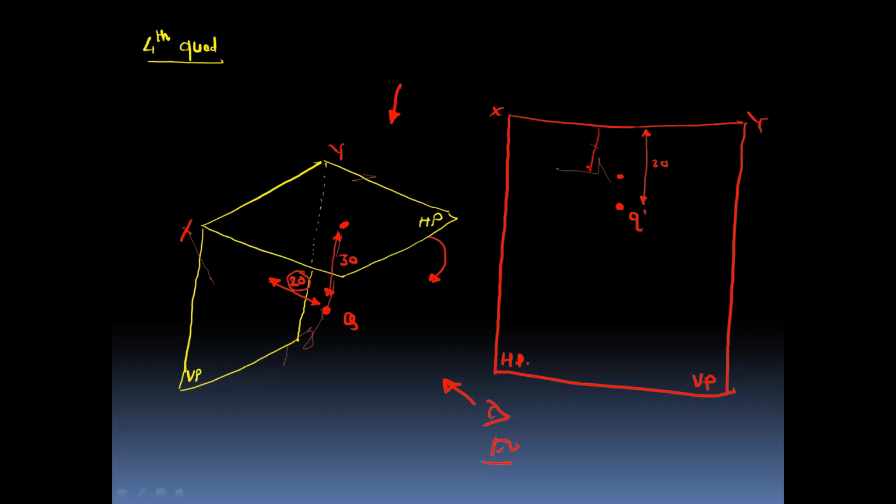So at 20 mm distance, you will get the point Q. So that is the top view. And you can draw one projection line, a continuous thin line, so that you can draw both Q and Q dash on the same line. So this is the front view and top view when the point lies in the fourth quadrant. You can complete all these views, that is the point lying in the first, second, third, and fourth quadrant, afterwards in a drawing book.